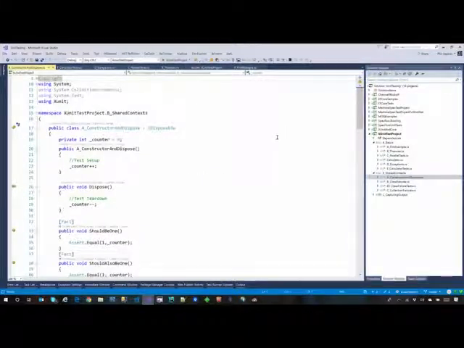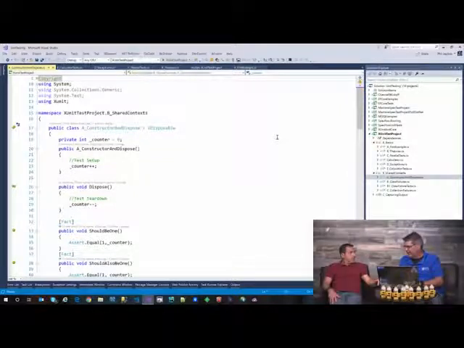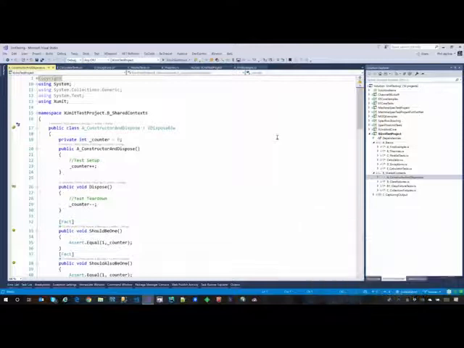All right, somebody might be thinking, well, what about test setup and test teardown? So in the other frameworks, we've got this ability to do a fixture setup that's going to execute once before any other test, or a test setup where we want to execute something before every test. So instead of marking methods with the setup and teardown attributes as we used to do, we now use the constructor dispose pattern. So if you make your test fixture disposable,